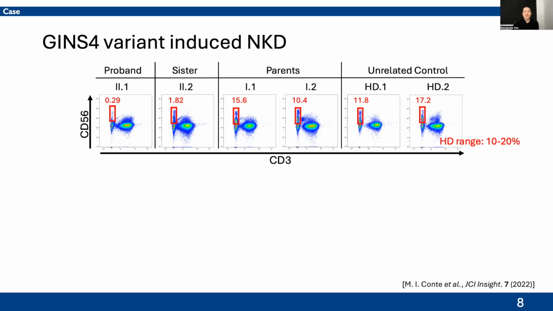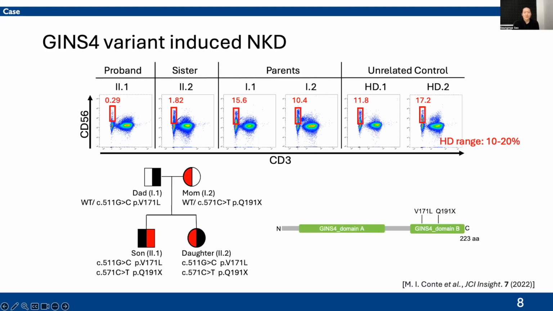Here are the flow cytometry plots of their PBMCs, all the family members and unrelated controls. The red numbers and boxes represent NK cells. Our proband and the sister, as you can see, show significantly reduced NK cells compared to both of their parents and unrelated donors. From exome sequencing,